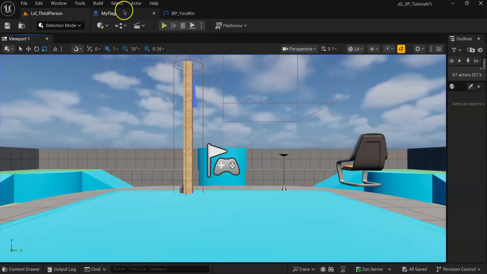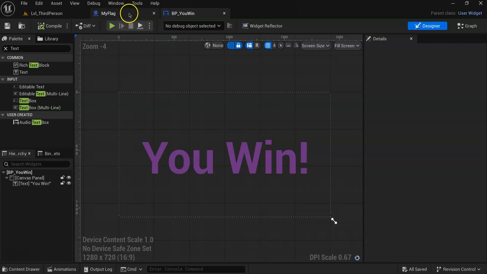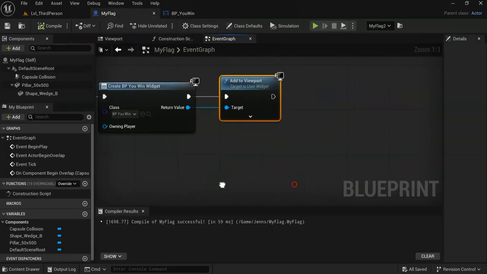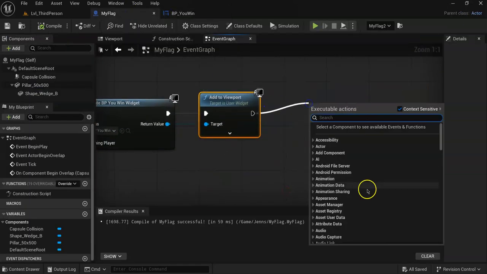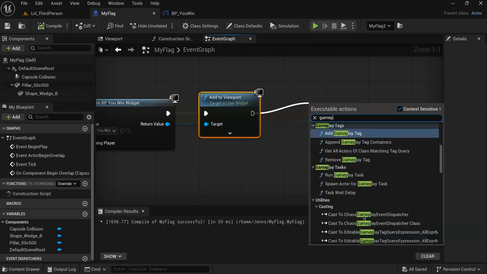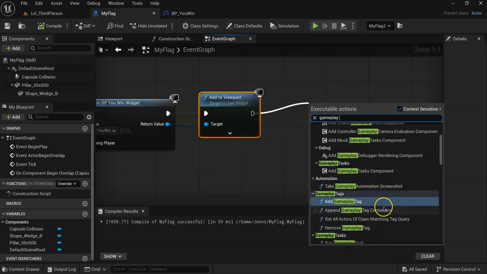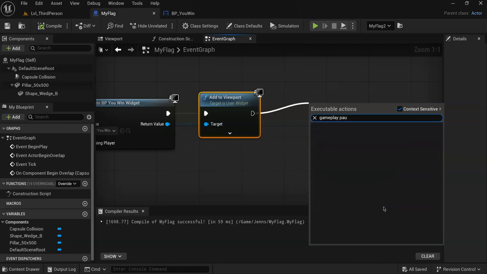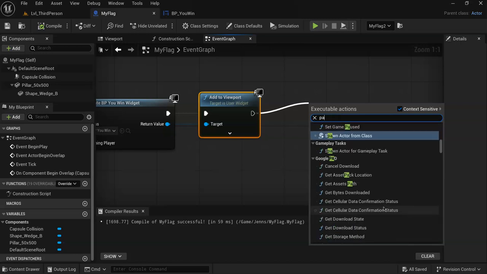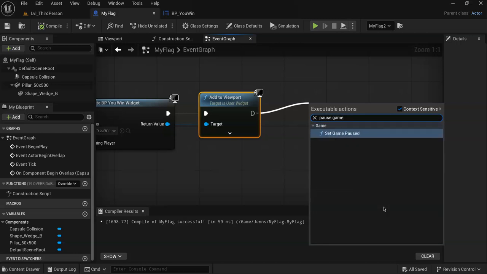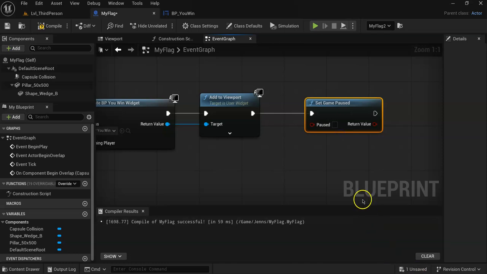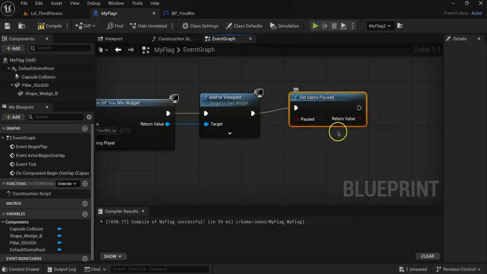So there is another blueprint we could add to this, which is we're going to select from this, and we're going to put game play, and is it pause game? Set game paused. And what this is doing is, it's another function,